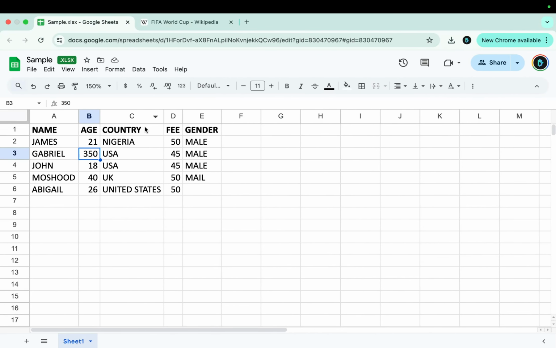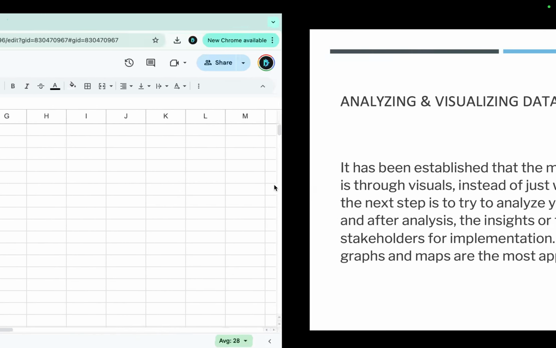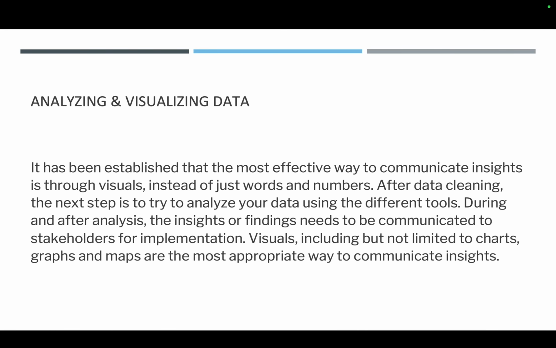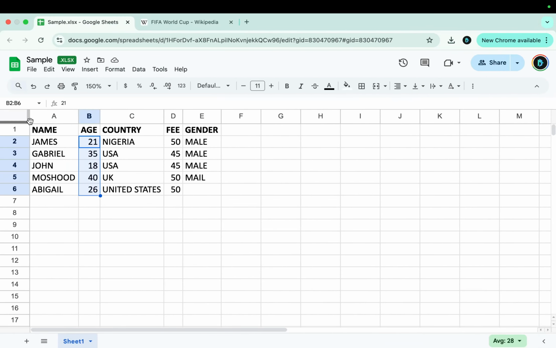So this is a brief analysis that I did. I cleaned the data, I changed it to 35. After I changed it, I found the average of the ages, which was 28. I've analyzed my data. So after you clean your data, you analyze your data, but you don't just stop at analyzing your data. The reason is a lot of studies have been done, and it has been concluded that